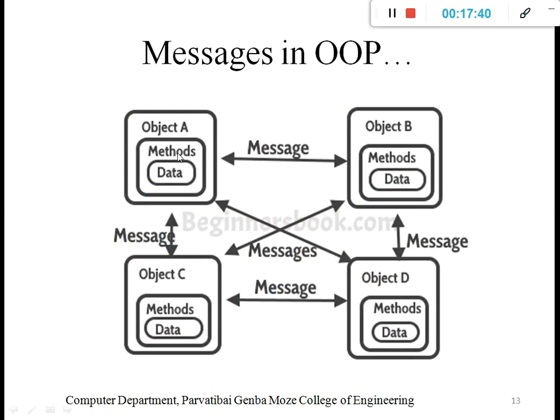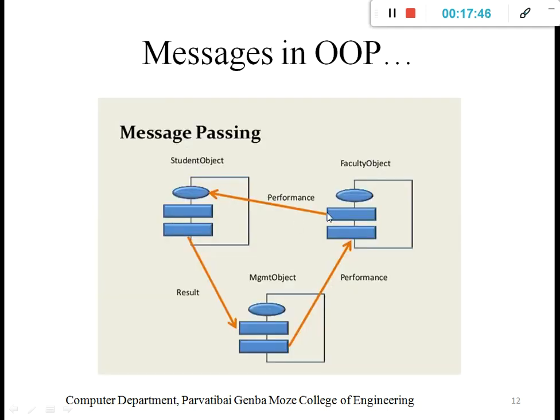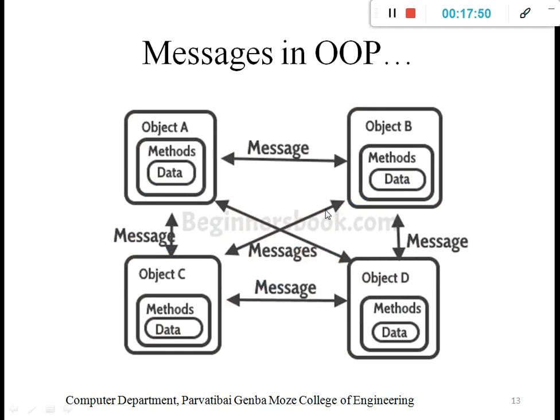Then next, objects A, B, C, D communicate with each other bidirectionally. Mentioning it as bidirectional is also okay. This is simply object communication between multiple objects, and that is done with messaging. Later we will understand how exactly messages are passed and all these things practically in C++ programming.